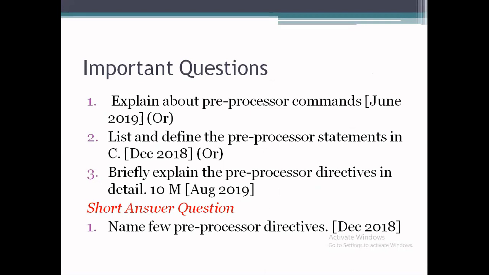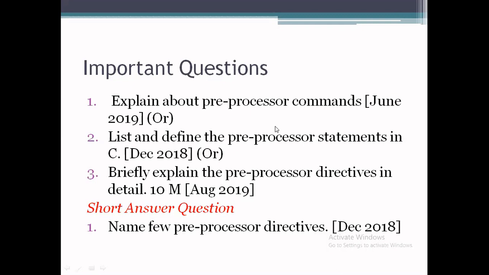Now let us verify the important questions in that part. There are 3 plus 1 important long answers and short answers, all based on the previous statements. Explain about preprocessor commands. List and define preprocessor statements. Briefly explain the preprocessor directives in detail.